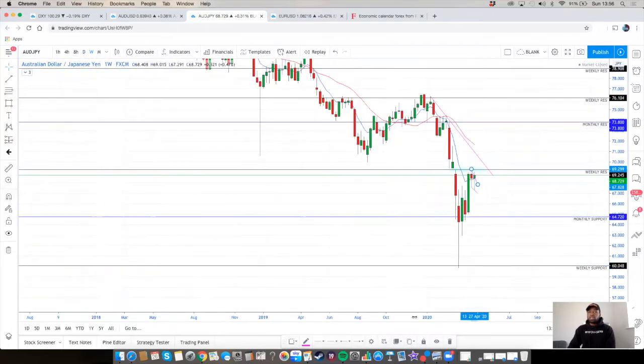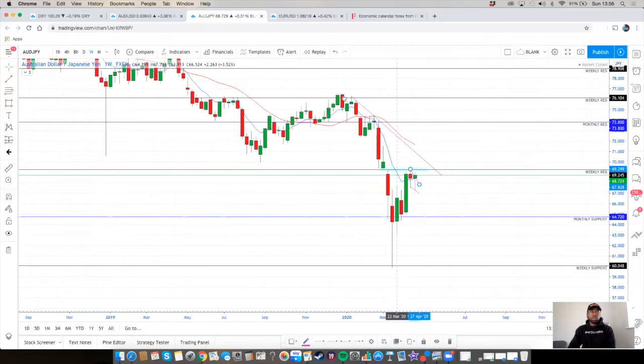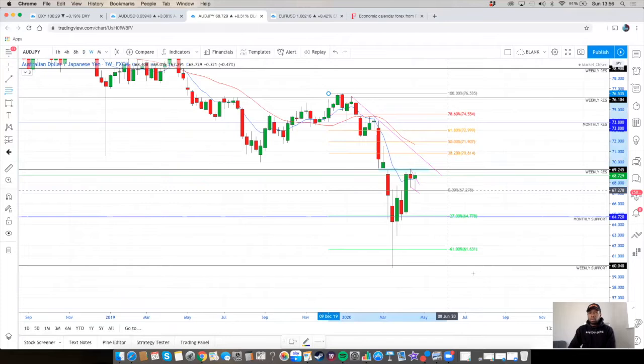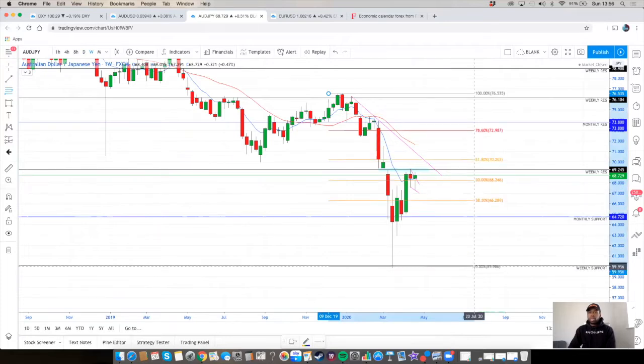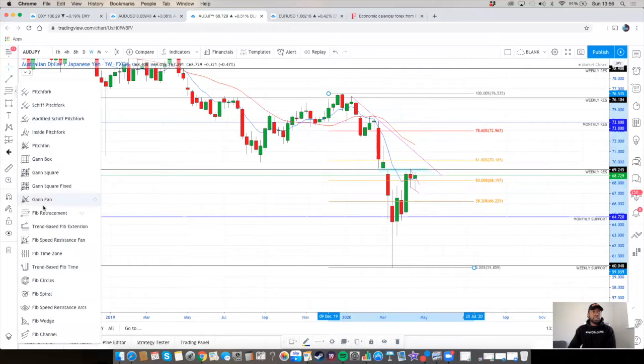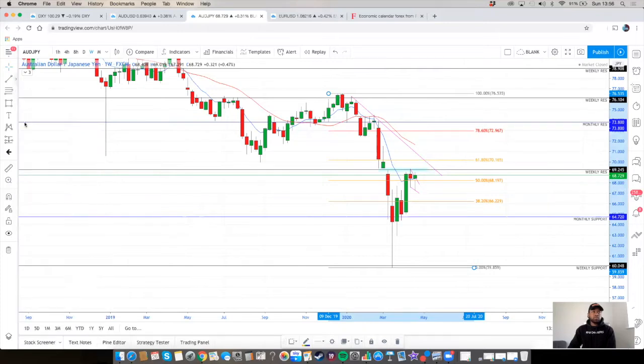I know that I could potentially use a Fibonacci on this chart as well to show the overall trend direction. So as you know, you draw your Fibonacci from top to bottom, and you want to see if the chart's pulled back to any of these resistance zones. Obviously, they have significance in these levels. Now, before I go back down to the daily, I am just going to place a horizontal ray on the